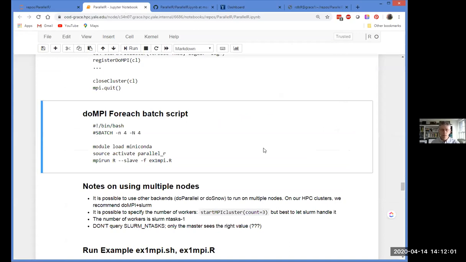Then replace the %do% with %dopar%, and run it on multiple CPUs on a single node in the way we've been doing all along. And then you can greatly expand the parallelism available to you by running it on a doMPI backend across multiple nodes, and get tens or hundreds of CPUs all working on the same problem.